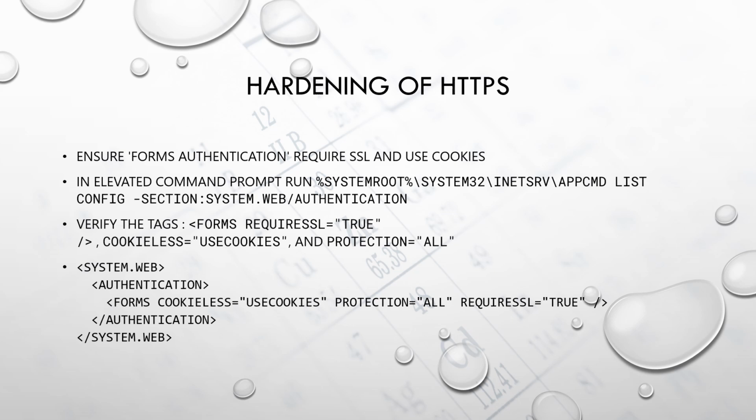So how you would do that was in an elevated command prompt, you would run the code that says %systemroot%\system32\inetsrv\appcmd list config -section:system.web/authentication. The next thing you would do would be to verify the tags, which would be the code